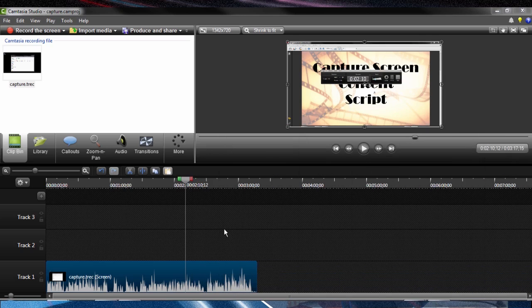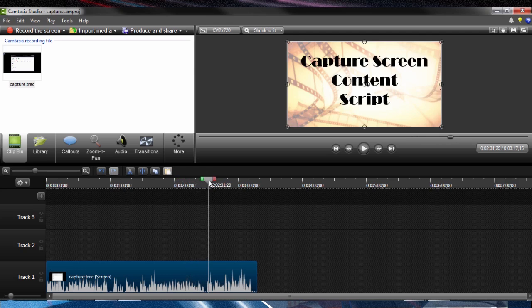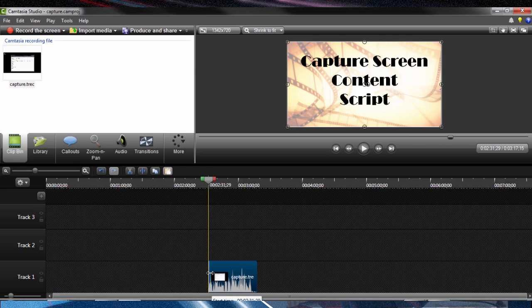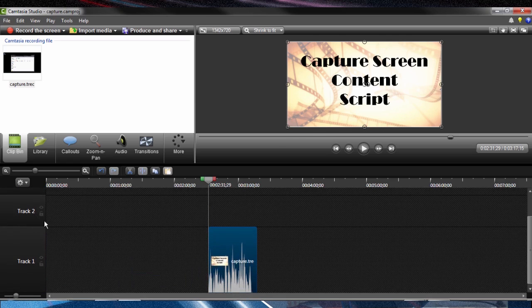Now let's take a couple of quick edits just to finish this sequence out to show you the full process of recording the screen. We've captured the content. It's here in the timeline. And we'll just shorten this up. So we want to start out with our opening screen. I'm going to drag the left edge of our timeline up, and I'm going to expand this up just a little bit since we're just looking at the one track. And I'm going to bring this part of the screen. I'm just going to hover over the